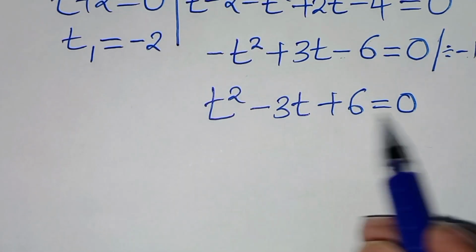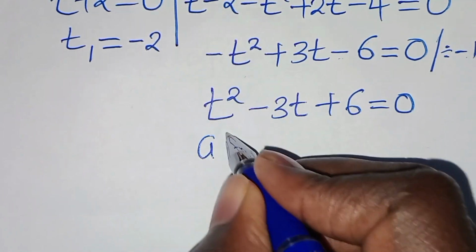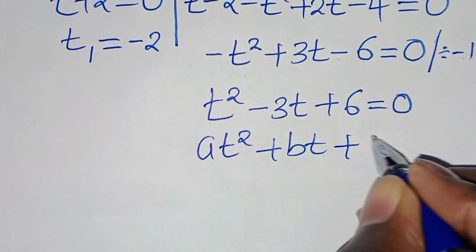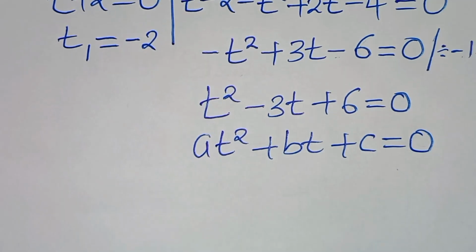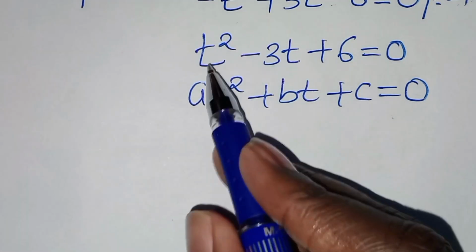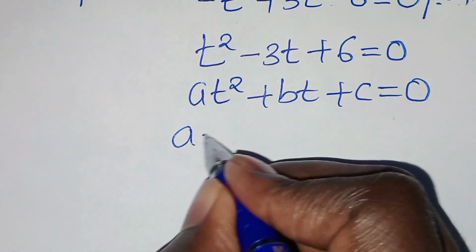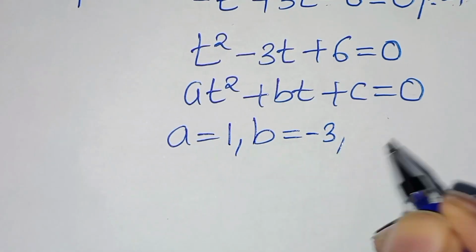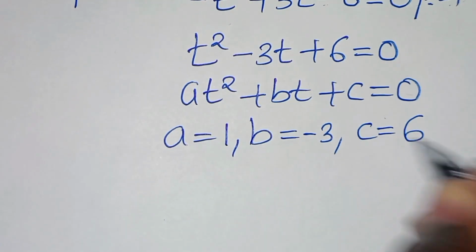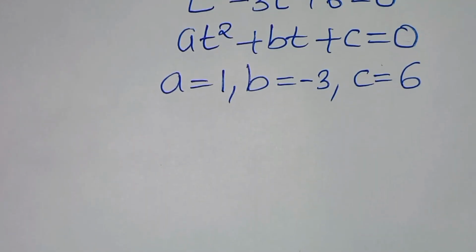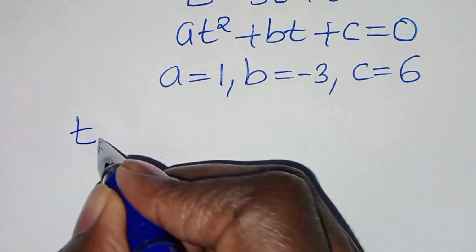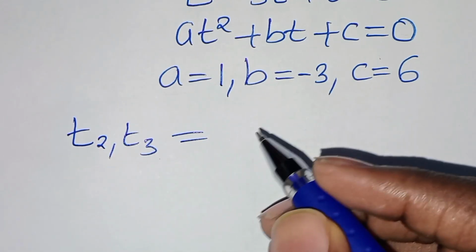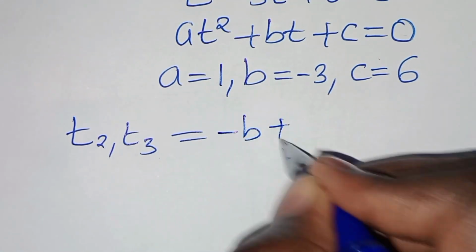So we have a quadratic equation here of the form at squared plus bt plus c equal to 0. From this quadratic equation, we have a equal to 1, b equal to minus 3, and c equal to 6. So to solve for t2, t3, we apply the quadratic formula, which is minus b plus or minus